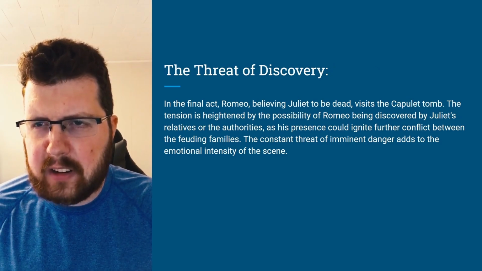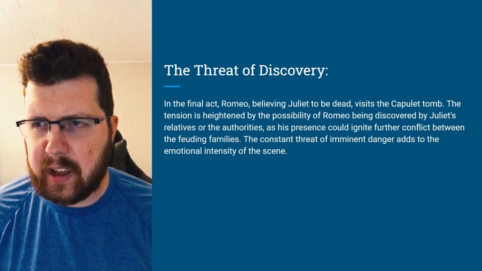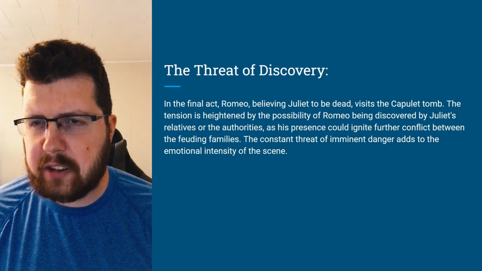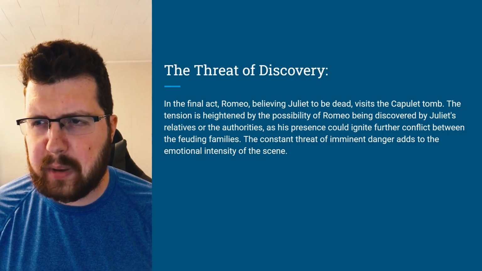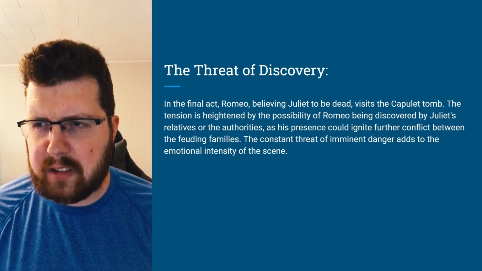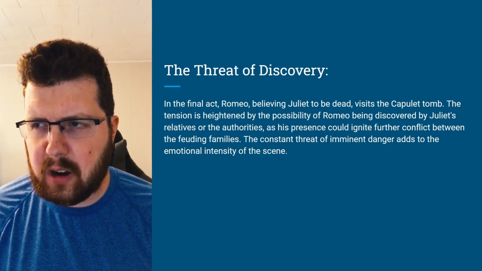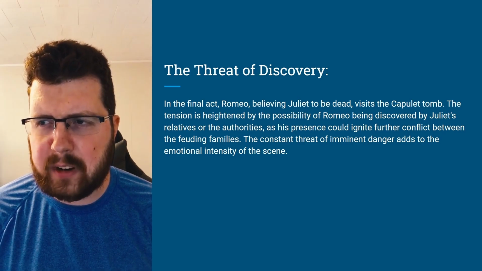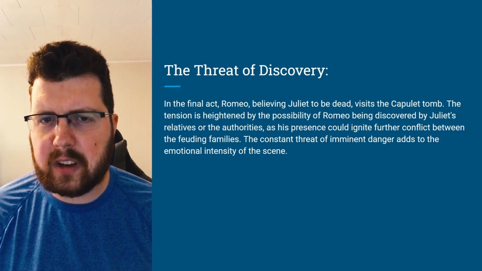In the final act, Romeo, believing Juliet to be dead, visits the Capulet tomb. The tension is heightened by the possibility of Romeo being discovered by Juliet's relatives or the authorities, as his presence could ignite further conflict between the feuding families. The constant threat of imminent danger adds to the emotional intensity